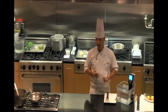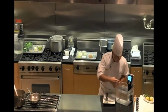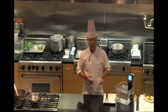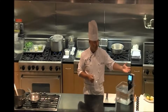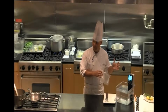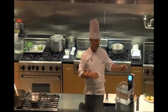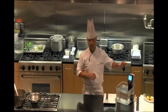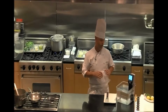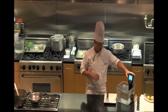So it's a great way to accurately cook things because at 125 it is absolutely impossible to overcook this piece of fish. So it's a great new tool that has already made its way into very high-end kitchens, and not even just high-end kitchens. These devices in the 70s were first utilized by the Holiday Inn Corporation. Chipotle uses immersion circulators. This is now very common in the industry,